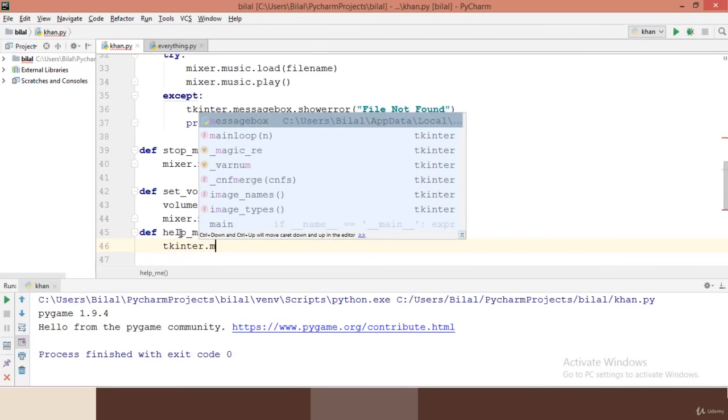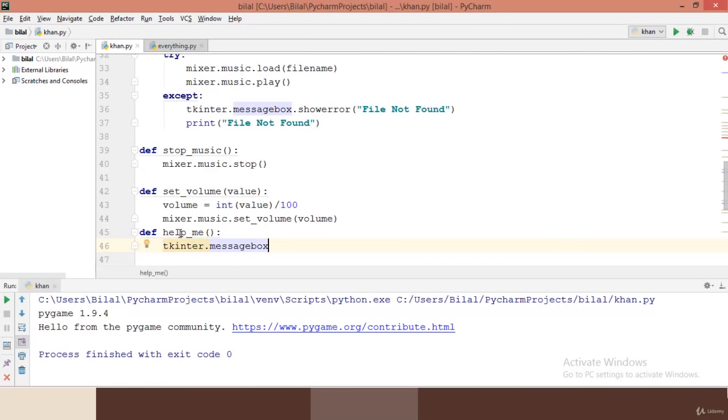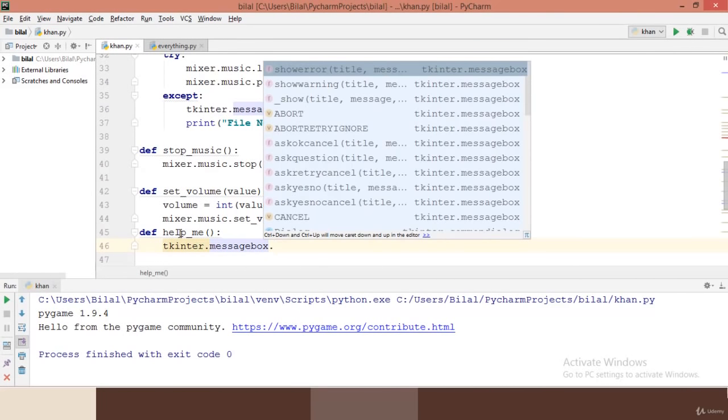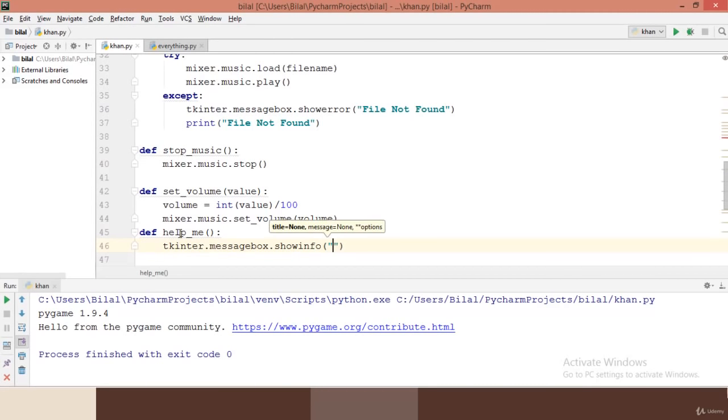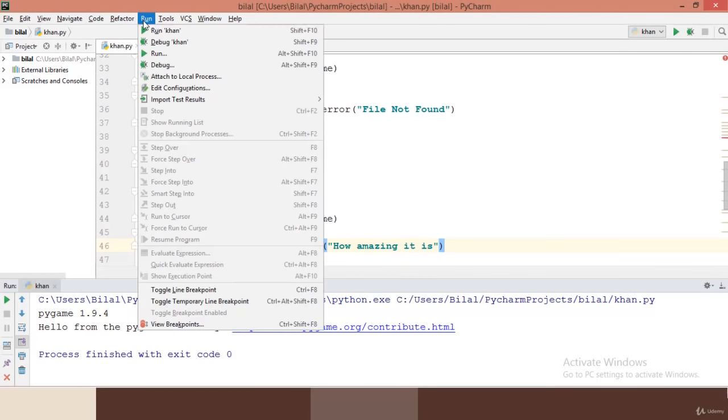So tkinter dot message box dot show info, and then let's say that we will give him the info like how amazing it is. And now when I run it,